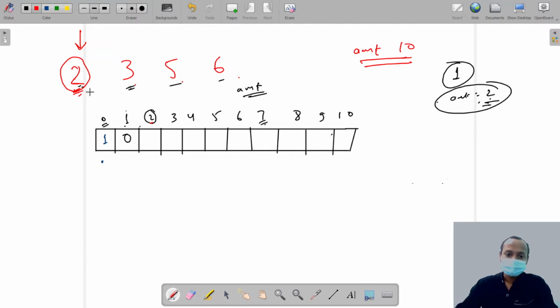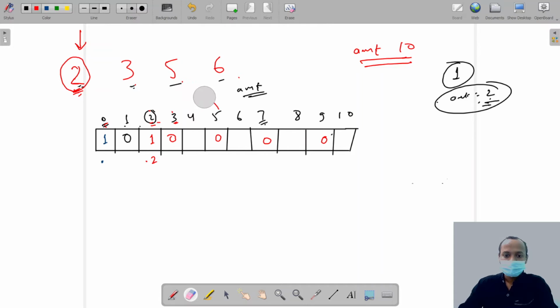Now if you are using this coin, can we pay 2 rupees? Yes. If we use this coin, we recheck this, and we see there is one way to pay 0 rupees, that is dot. Okay, and we add 2, so there is one way also to pay 2 rupees coin. Now can we pay 3? If we use this 2 rupees coin, then we reach at this here, and there is no way to pay 1 rupees, it means 0. Similarly, if you talk about this, if we are using 2, we reach at this, it means 0, 0 and 0.